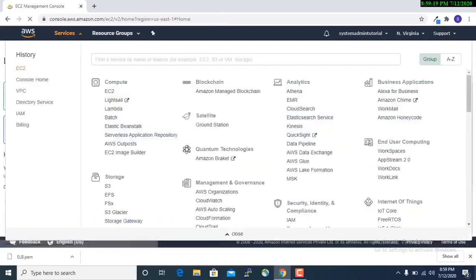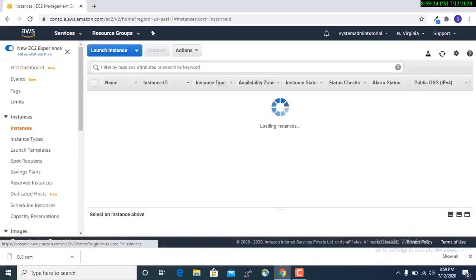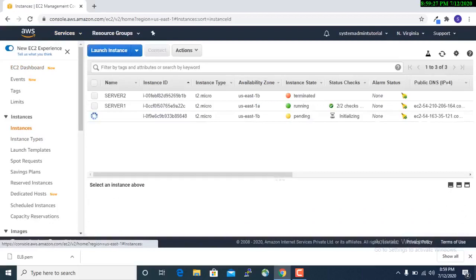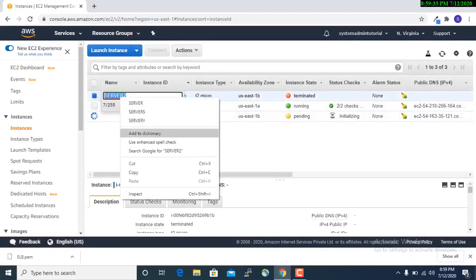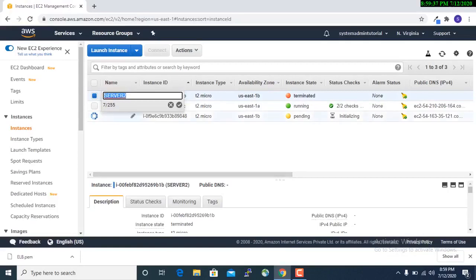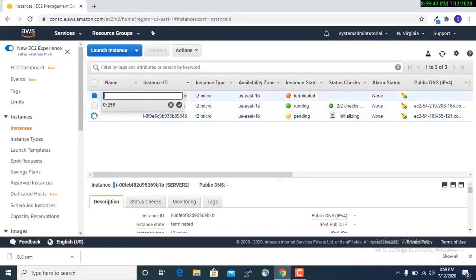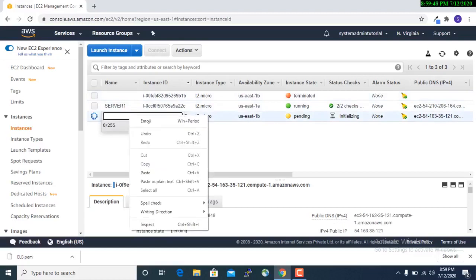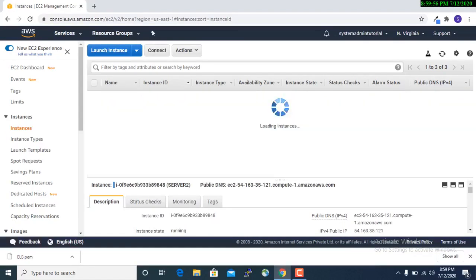If you have any doubt on instance creating, then you can refer to our previous video where I have shown you how to create the instances. After creating the instance, the things will be new, so I'll be explaining each and everything. Here you see my instance is created. One is already 2 by 2 check, and I am creating the second one. The second one is also in the initializing state.